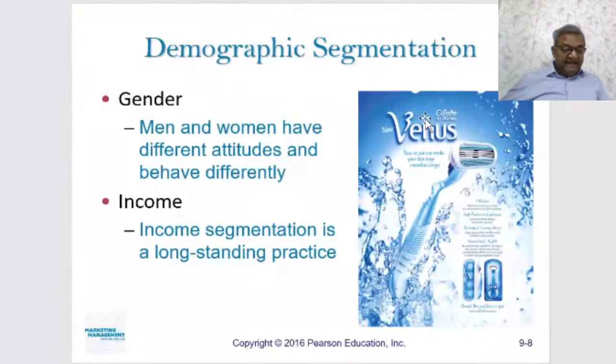Now, if you're looking at low income segmentation, then there are certain products for the sachet market. For example, you've seen those shampoo pouches. Or Grameen Phone, one of Bangladesh's leading cell phone operators, offers a special economy package to women designated as phone ladies in small villages that do not have fixed phone lines. These phone ladies share their cell phones with other villagers for a local currency called taka per call.